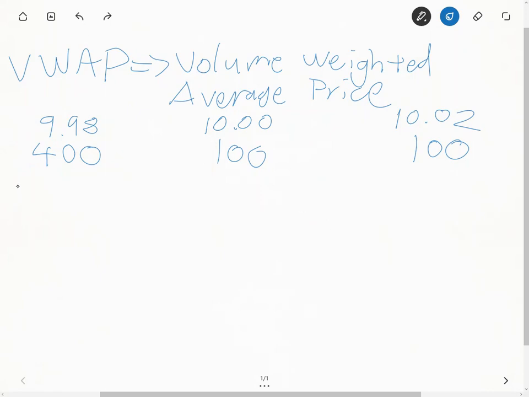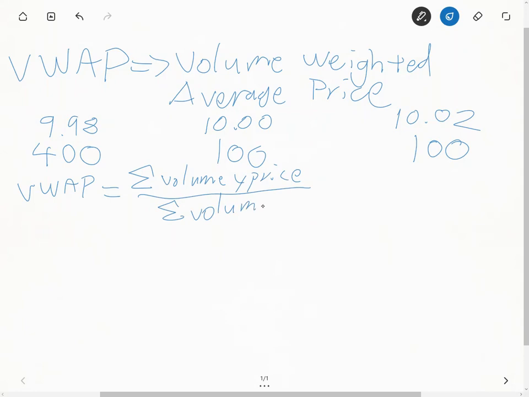Now, the way you actually calculate the VWAP, and I'm going to bore you guys a little bit here, so don't get too caught up in the mathematics. But just in case you wanted to know, since this is a video about explaining it, it is the sum. So this is sigma. It's just a symbol that means sum. Volume times price divided by volume. I told you my handwriting was horrible. So if you actually wanted to calculate this, and again, I'm just going to do this very quickly because I know it is boring as anything,